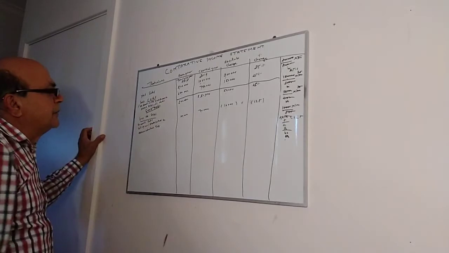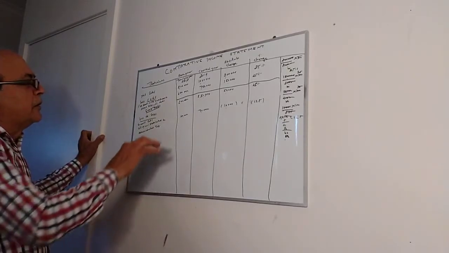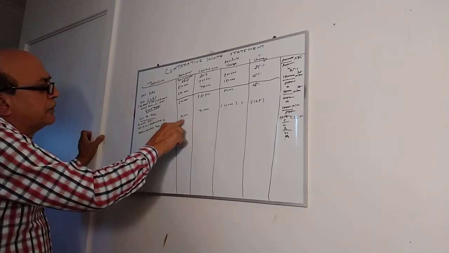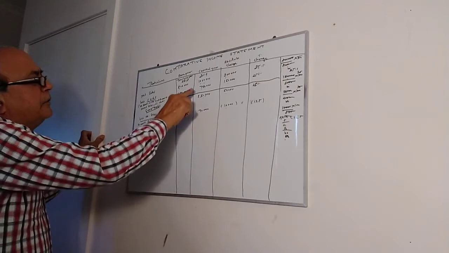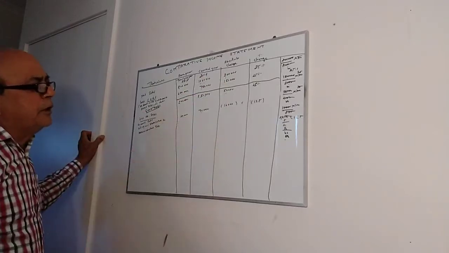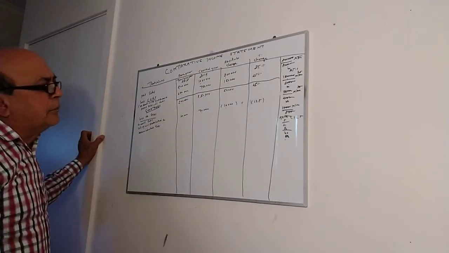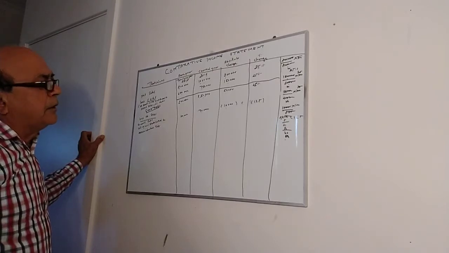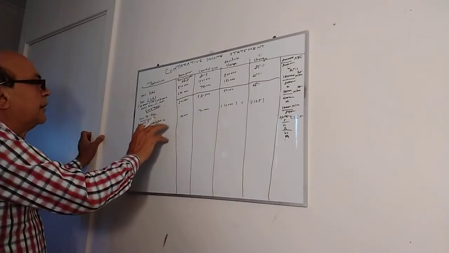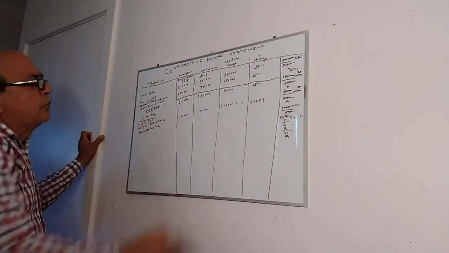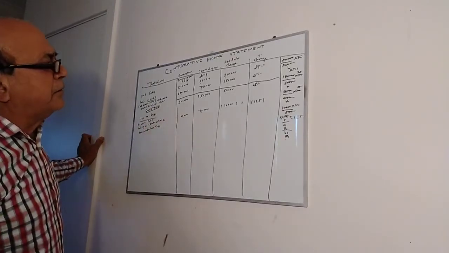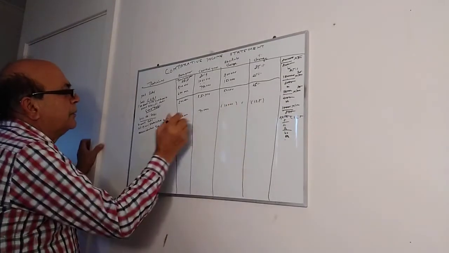Less operating expenses. In the previous year it was 80,000. Now it has reduced to 70,000. When it has increased, we show it in plus. When it has reduced, we will not write minus, we will put it in bracket: 10,000. The percentage we will calculate in the same way, absolute change upon base year into 100. So 10,000 upon 80,000 into 100. How much is it coming? 12.5. This will also be shown in bracket.